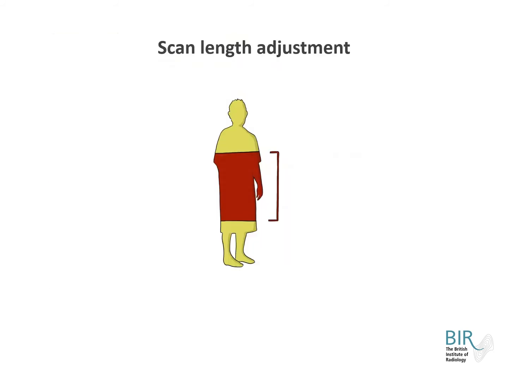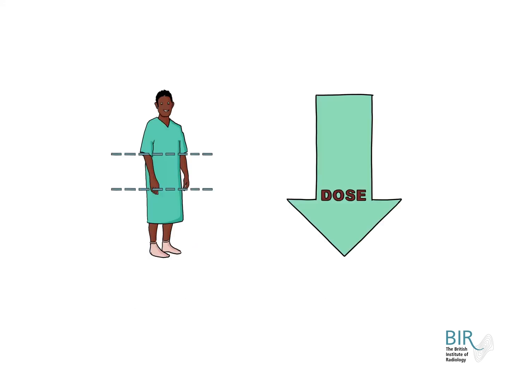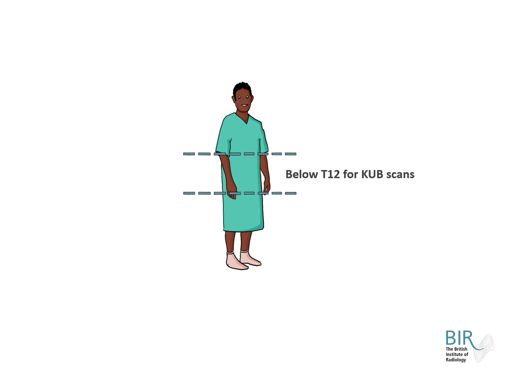We will now move away from scanner technology and look more closely at some other tools we can use for dose optimization, starting with the scan length adjustment. Dose length product is linearly related to scan length. This means that limiting scan length reduces dose. Limiting scan length to only cover region of diagnostic interest produces real reductions in the dose received by patients. As an example, let's think about low-dose KUB scans, of which most centres perform hundreds, if not thousands, of studies a year. This examination frequently suffers from a scan length that is greater than required. Literature states that the kidneys generally sit below the upper border of T12. Ensuring technique is correct for all scans and that the scan length does not travel further than the upper border of T12 for KUB scans will reduce the dose received by all patients undergoing this examination.